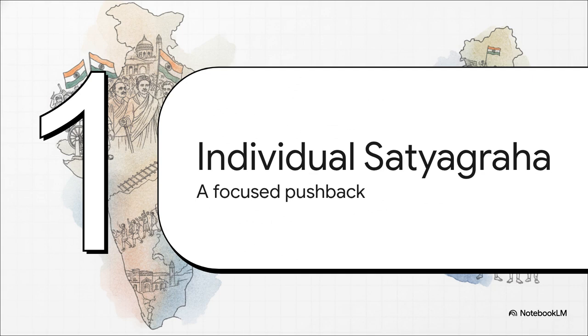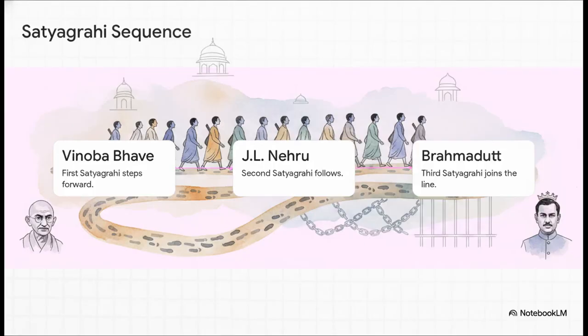With the August proposal dead, Congress needed a brand new strategy, one that wouldn't inadvertently help Nazi forces on the global stage. Also known as the Delhi Chalo or Jail Bharo movement, this was a highly controlled, sequential protest initiated by Gandhi starting in October 1940. It was profoundly methodical. It wasn't some chaotic mob. It was a deliberate, orderly line. Vinoba Bhave was chosen as the very first Satyagrahi. Jawaharlal Nehru stepped up as the second, and Brahmadutt as the third. By 1941, Gandhi actually formally declared Nehru his successor right in the middle of this calculated act of defiance.